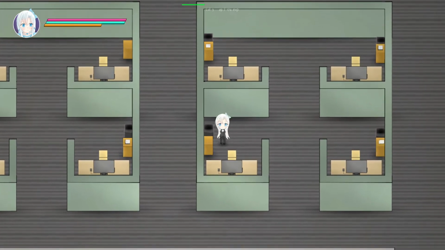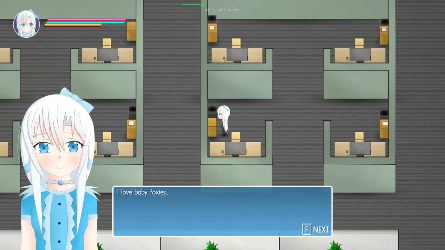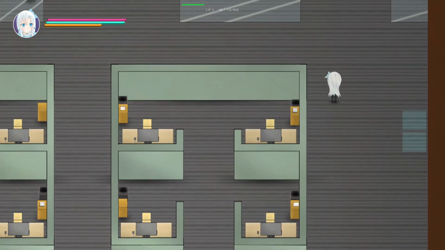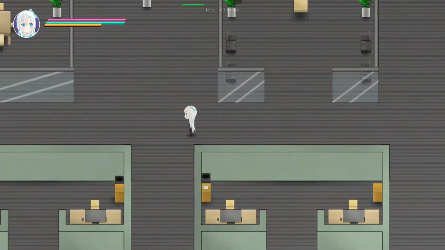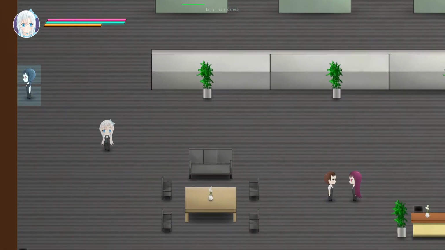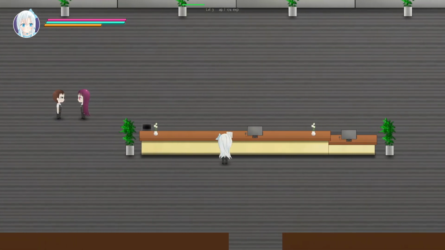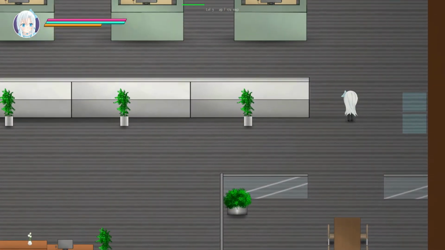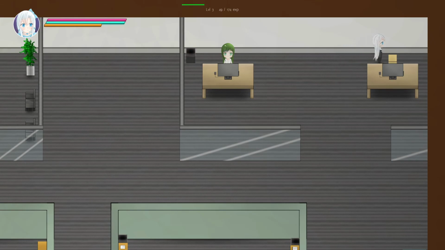Does this one work? A fox wallpaper. It's kind of interesting that they popped up the whole character portrait for that. But yeah, so this playtest has kind of ground to a halt here because I'm just wandering around trying to find some random thing. And I don't have any kind of a clue of where I should be looking, so...